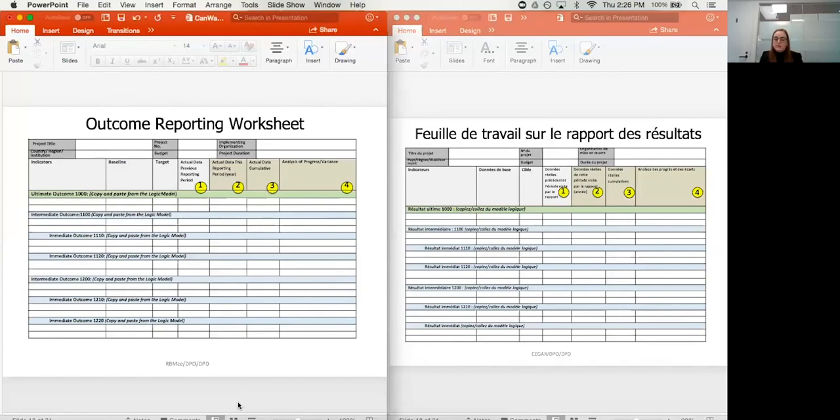So it helps you put all in one place the data for your outcomes and then use that data to explain your progress. There are two options provided in the guide for how to set up your outcome reporting worksheet. You can either copy and paste information from your PMF, or we recommend also saving your PMF as a new document and then simply modifying the columns required. So the 4 new columns in the outcome reporting worksheet are the actual data for previous reporting period, actual data for this reporting period, cumulative data, and then analysis of